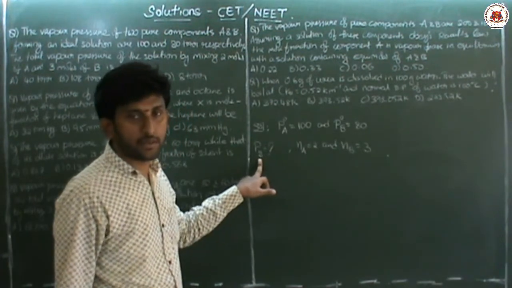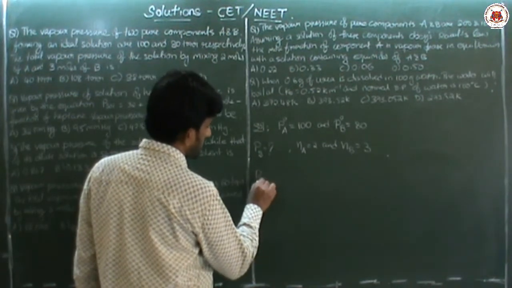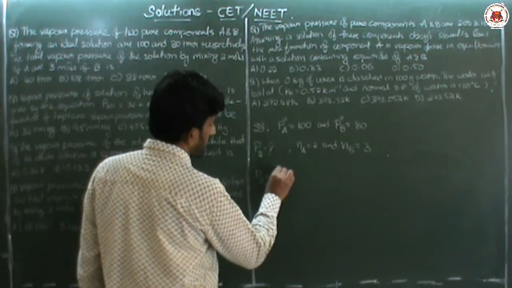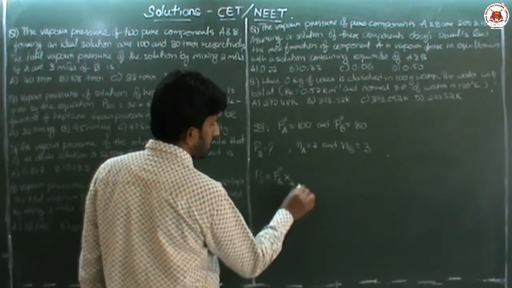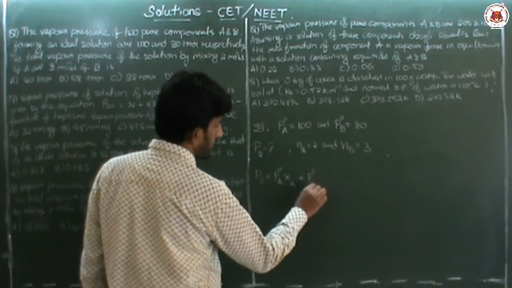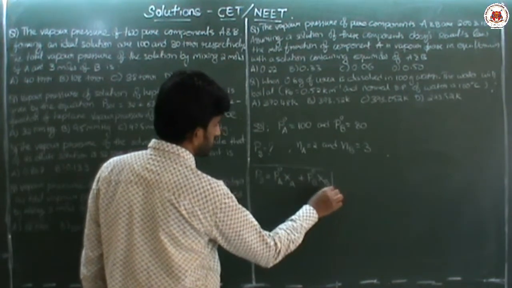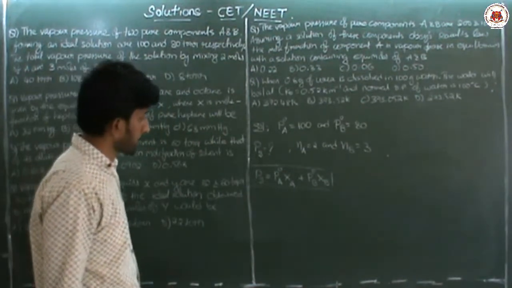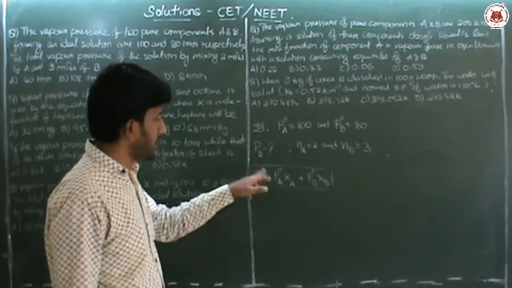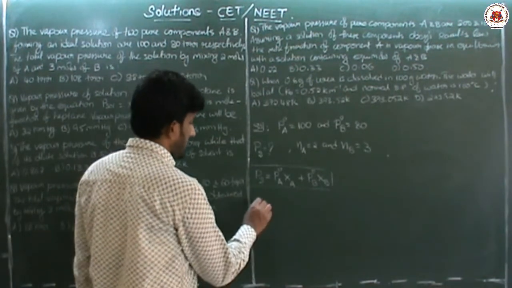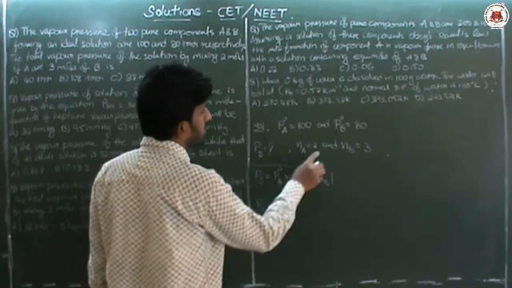Now according to Raoult's law, if you apply ideal condition, then the pressure of solution, or total pressure, must be equal to pure pressure of component A into mole fraction of A plus pure pressure of component B into mole fraction of B. This is the formula. Now, we are applying the values here. Then P total, or P of solution, will be equal to P naught A, 100,